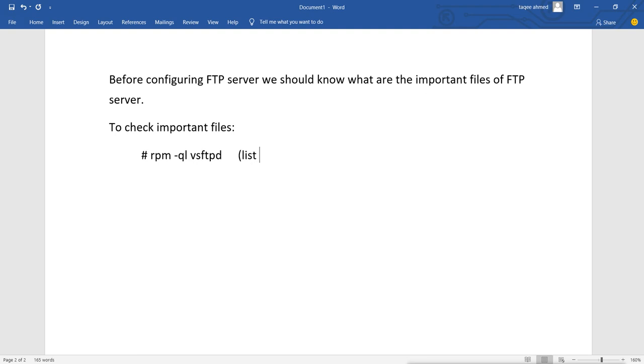It will list all the files and directories which come with this package. So all the files and directories which come with this package, it shows all those things.